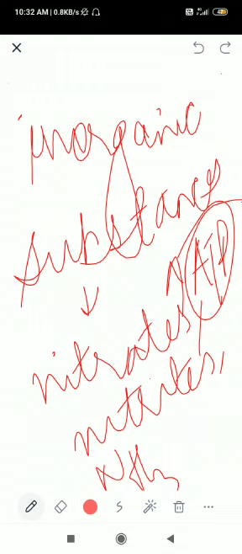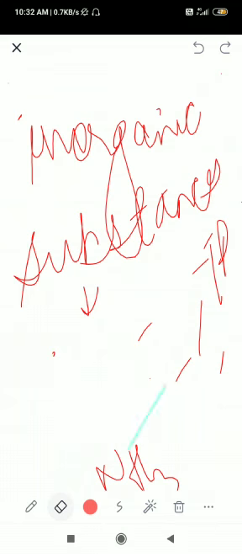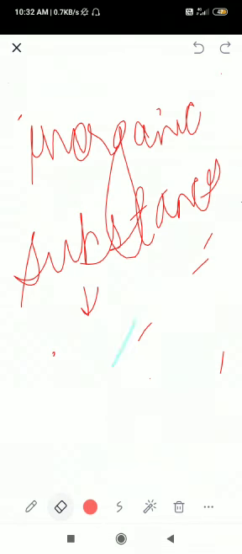Very important. So the most important thing you have to remember is that the chemosynthetic autotrophic